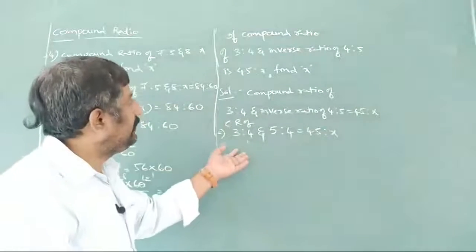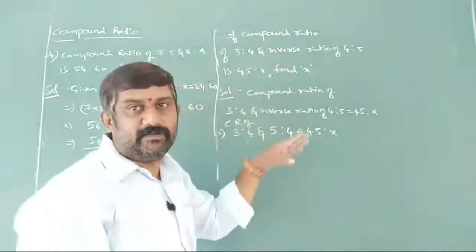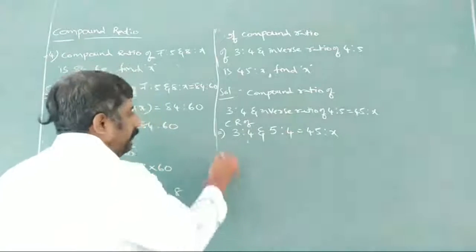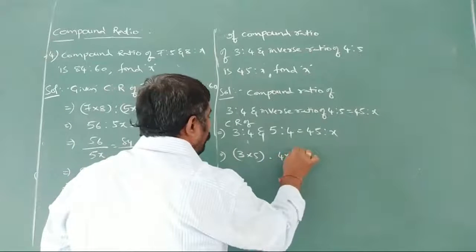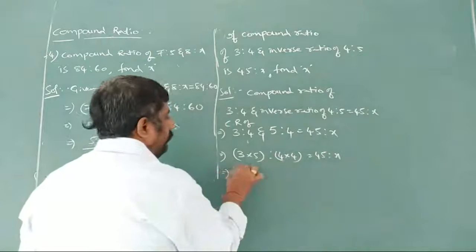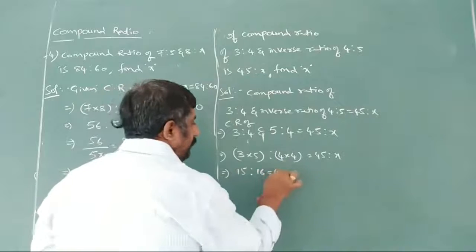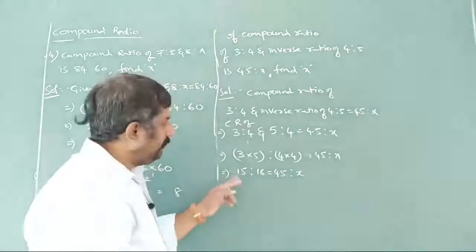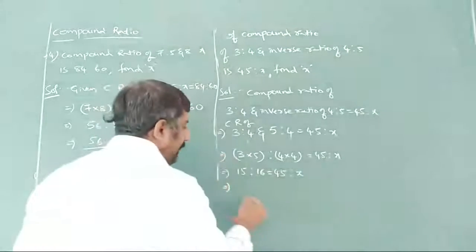Now our regular method. Just simplify the thing. What is given here is inverse ratio of 4 is to 5, so we have to write it inverted, nothing but 5 is to 4. So what we can write now? 3 into 5 is to 4 into 4 is nothing but 45 is to x. So 15 is to 16, 3 5s are 15, 4 4s are 16, equals 45 is to x. Directly we can say the answer by seeing this only. 15 3s are 45. Next 16 how many times? 3 times. 48 will be the answer.